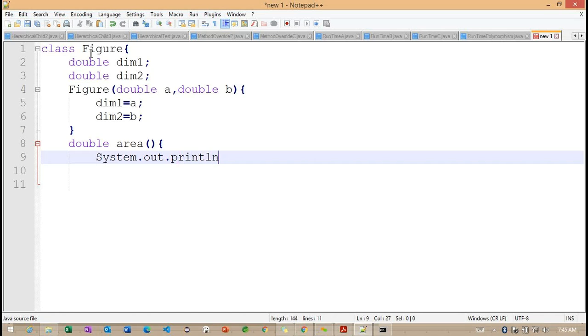So System.out.println, I want to specify some message here. Area for this particular Figure class is undefined.